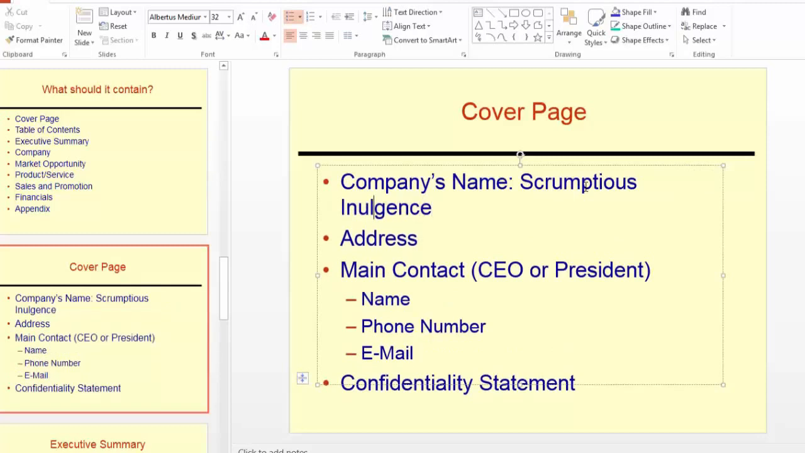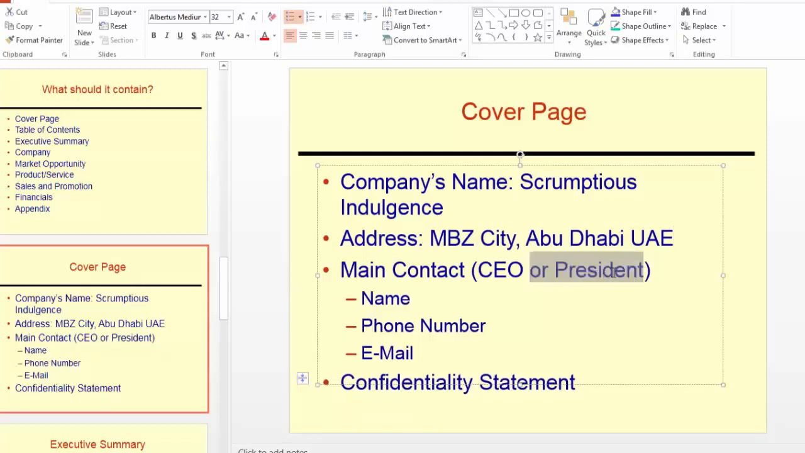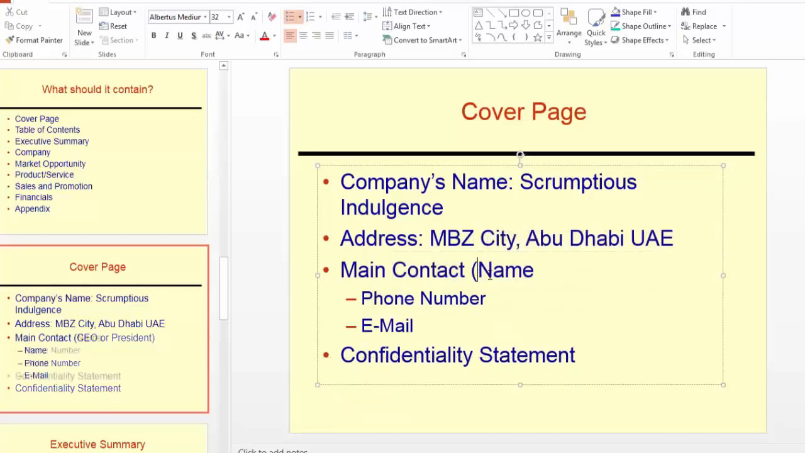I think the spelling of indulgence is not correct. The address is, we could say, the location where the person is working. We could say MBZ City, Abu Dhabi, UAE. Main contact, the CEO or president. Let me write that down so that you have an idea what I'm talking about. The name of the person is